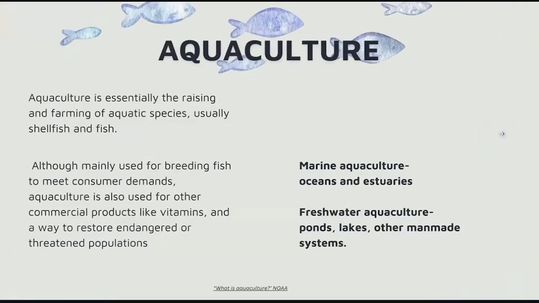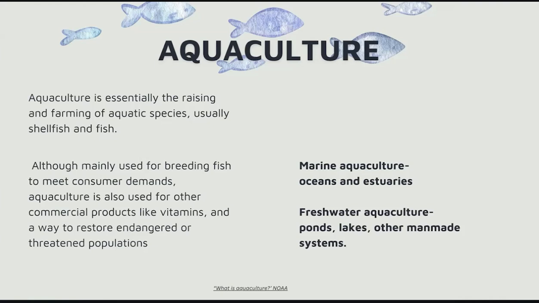So what is aquaculture? As defined by NOAA, aquaculture is essentially the raising and farming of aquatic species, especially shellfish and fish made for consumption. This can include salmon, trout, carp, etc. And then, although aquaculture is mainly used for breeding fish for consumption, it's also used for producing commercial products like vitamins, and it's used as a way to restore endangered or threatened populations. In marine aquaculture, this takes place in oceans and estuaries, and in freshwater aquaculture, this takes place in ponds, lakes,